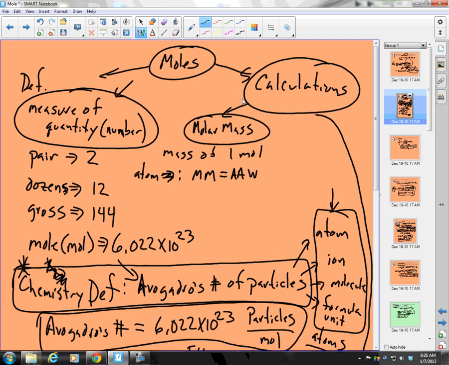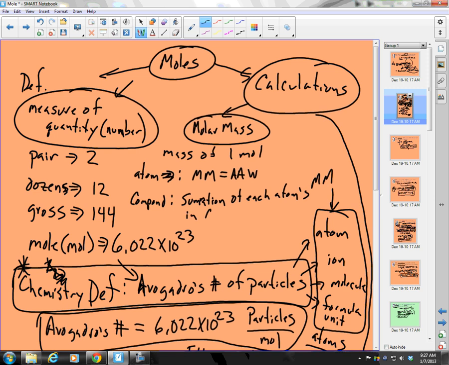Good. What about if I have a compound? Well, for a compound, we are going to take the summation of each atom's molar mass